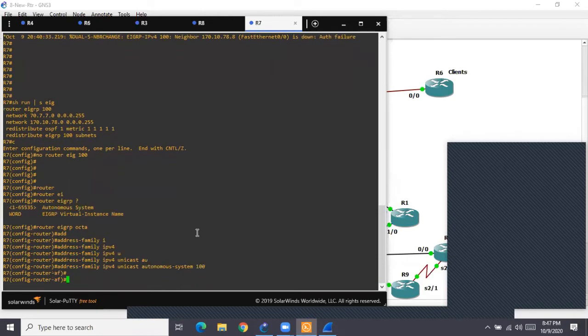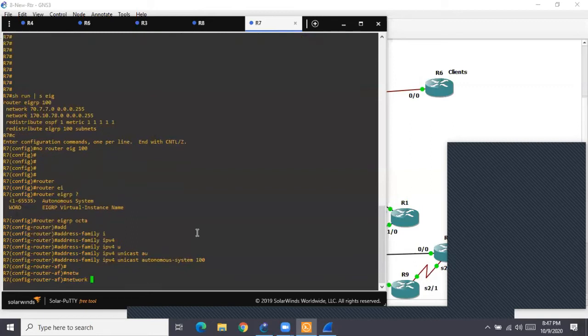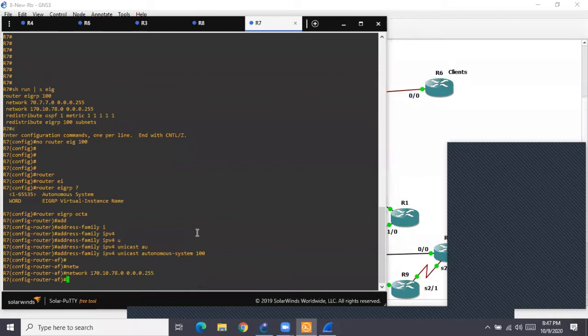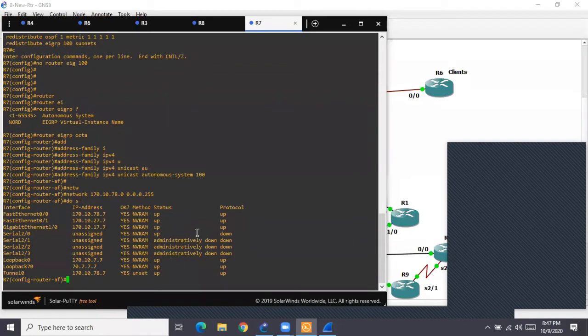And then what next we do? Next we say network command for the link. What is the IP address for the link? 170.10.78.0 wildcard mask 0.0.0.255. Done. Maybe I have some loopback, I can advertise. Yes, I have 70.7.7.7.